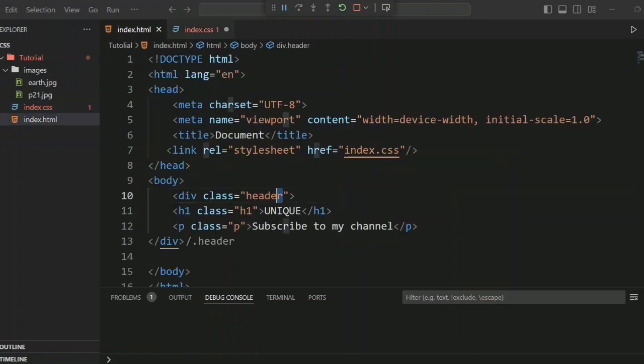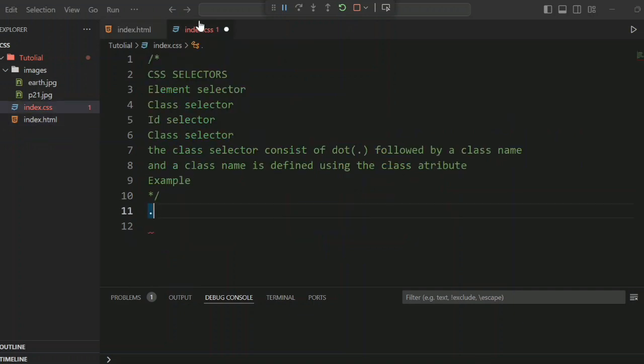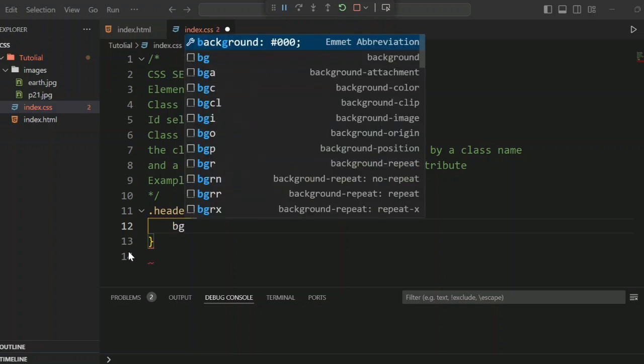You can come and copy the class name. Then inside the declaration block, you can put the style properties and the corresponding values. Let me take it to bg color